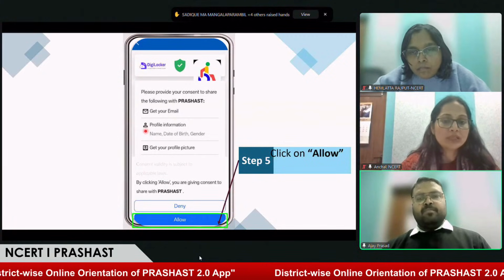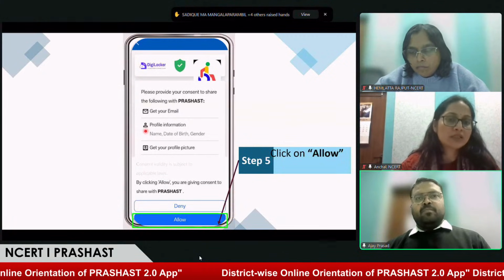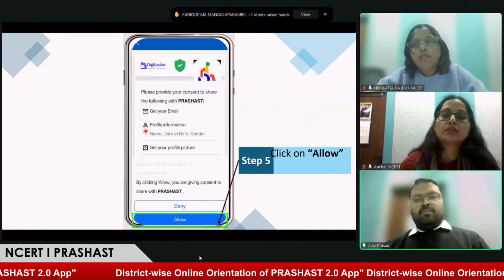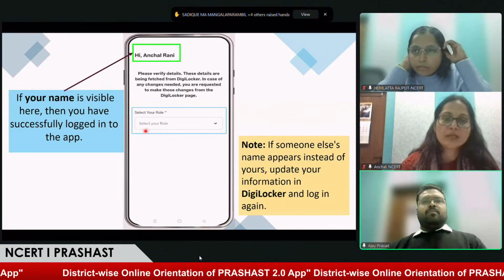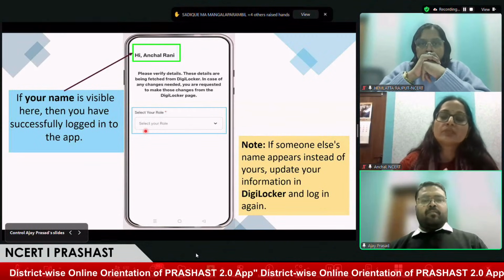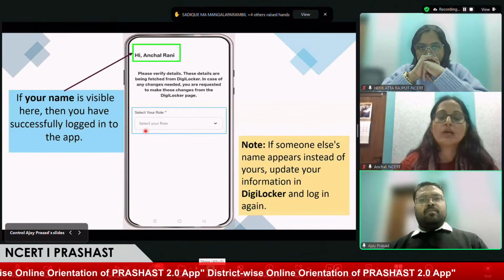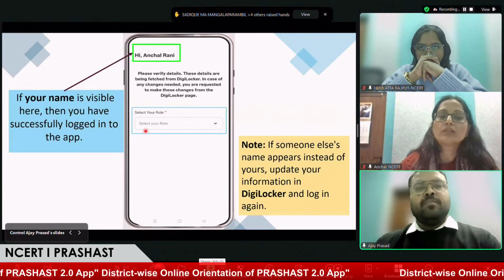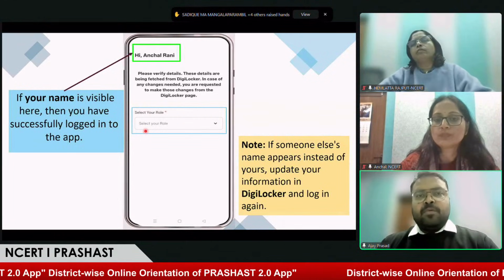Now when the person is logging in through Aadhaar and lands on this page, he or she can see their name. If someone logs in to the application and the name is incorrect, showing someone else's name, what do they need to do? Yes, ma'am.